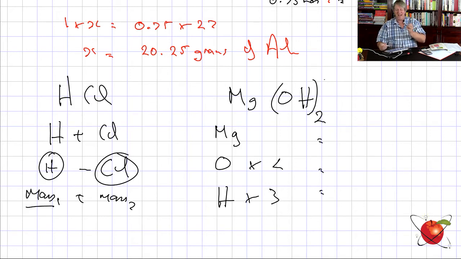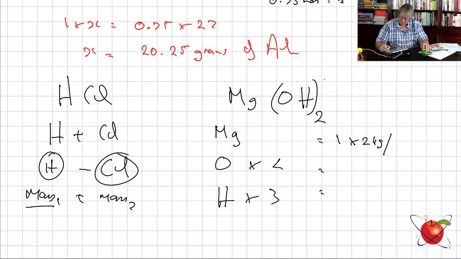Okay? So the mass of that is the mass of magnesium, isn't it? Let's have a look on our periodic table. We go underneath, 24. I've got 24.3, all right? But let's just use 24. I've got 1 atom of this guy. There's my magnesium. And I've got 1 times 24